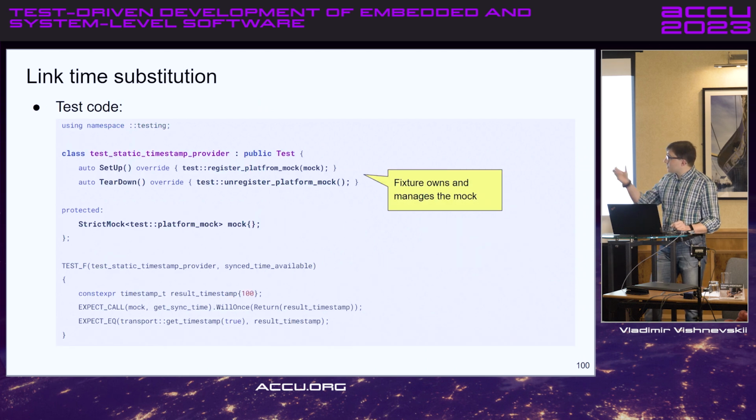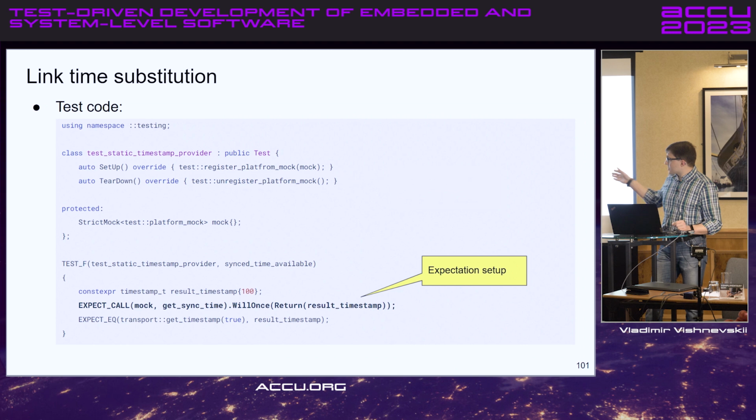This can then be combined with the gtest functionality. So in a fixture, on the setup and tear down, the mock can be registered and deregistered. That also will be owned by this fixture. And then we can just set up the expectations and run the dependent code and verify what is happening. The problems here are